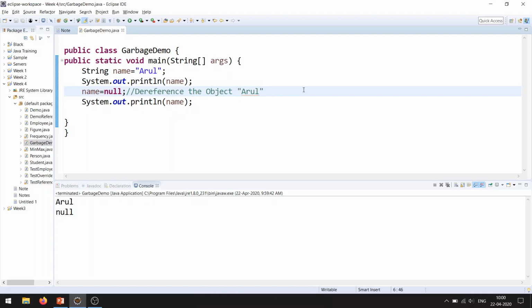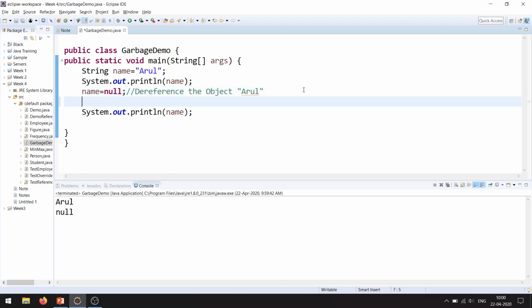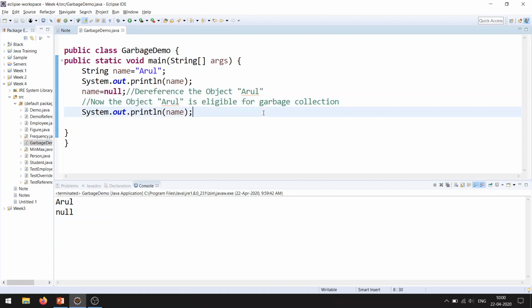So at this line the object "arrow" is eligible for garbage collection, because we have simply dereferenced it, right? So you can explicitly dereference it. Here we have done the explicit dereferencing with the help of a null reference.